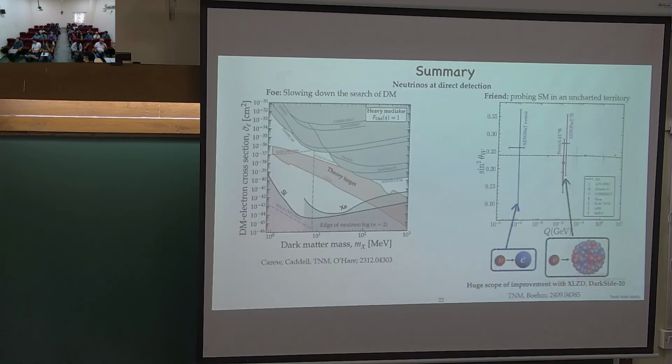So with this, I'd like to conclude. I have discussed that neutrinos are a problematic background for dark matter searches, and I have defined the cross section below which neutrinos would become an important background for sub-GeV dark matter electron scattering. And given that you can detect these neutrinos in your experiments, we said that you can measure a standard model parameter, perhaps at the lowest energy scale, utilizing neutrino electron scattering. And there is huge scope for improvement with these kinds of future experiments.